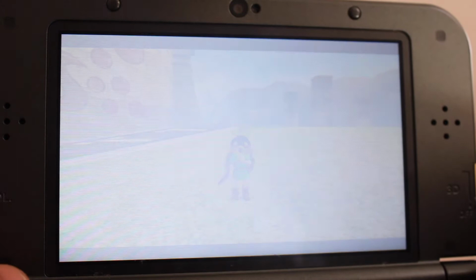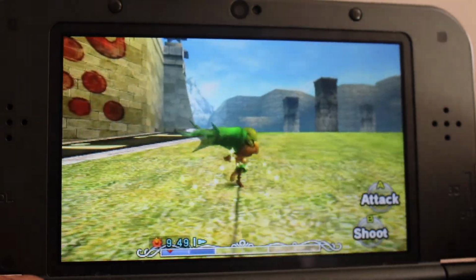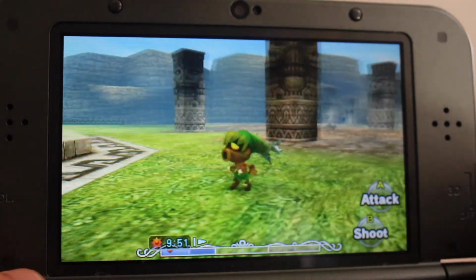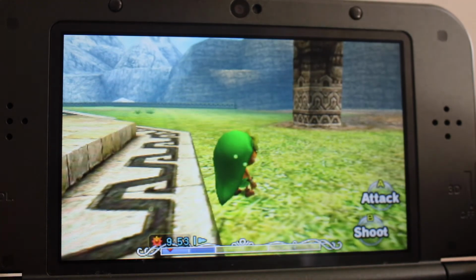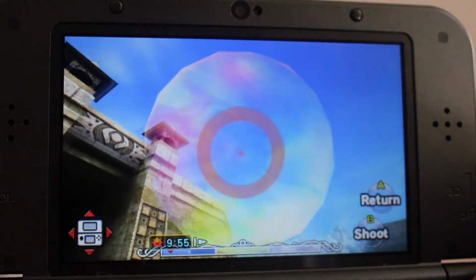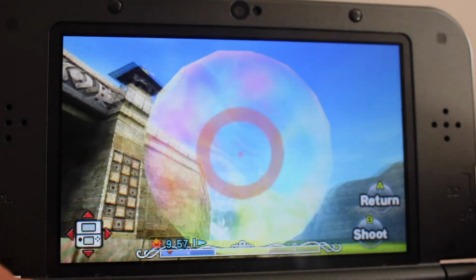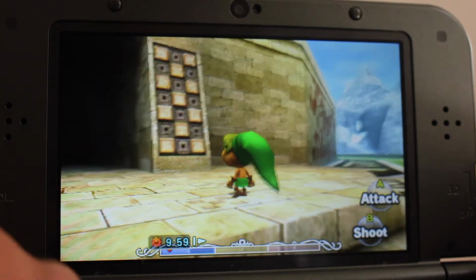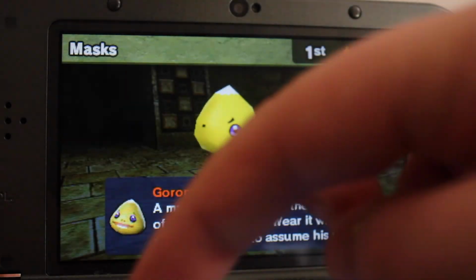Yeah, for the Tiki mask, you can basically spin around and also a treat punch goes out the head. You can also do the bubbles, and again that also uses magic, just like the golden spin. And finally, for the